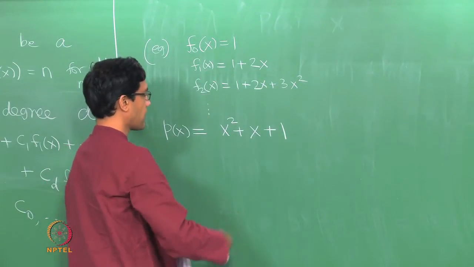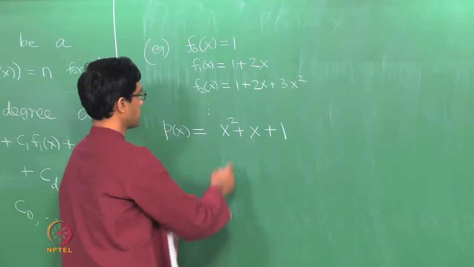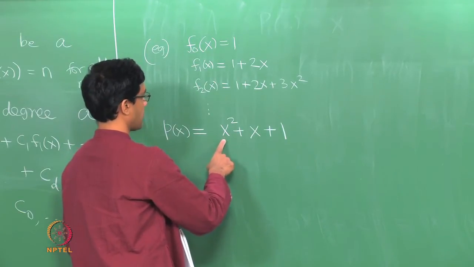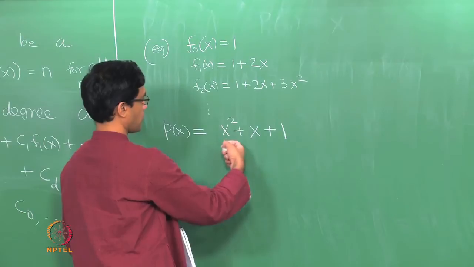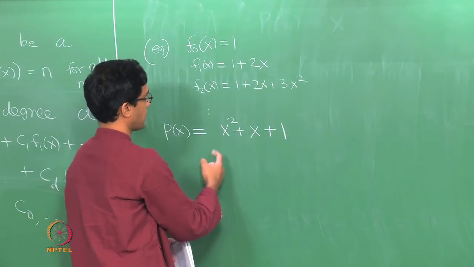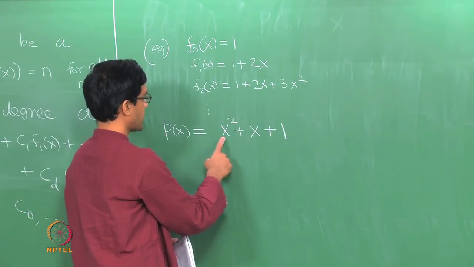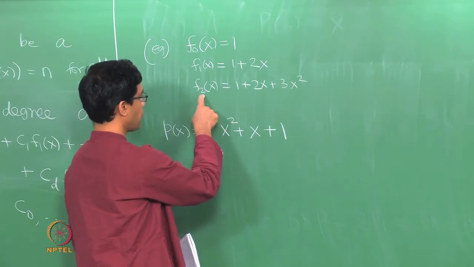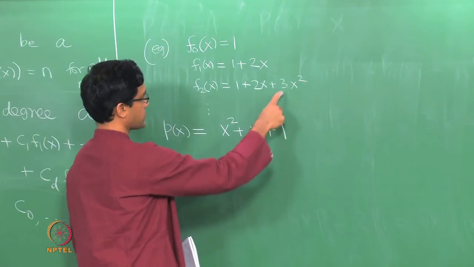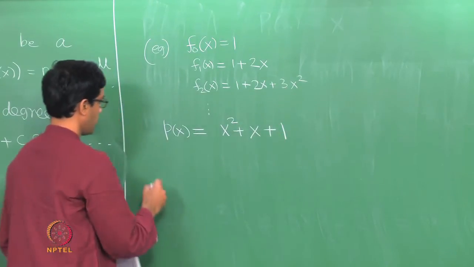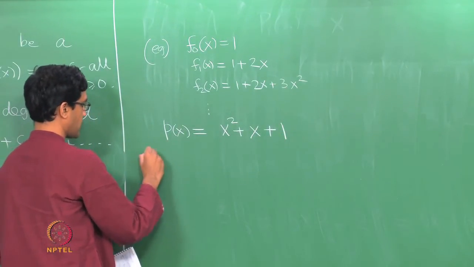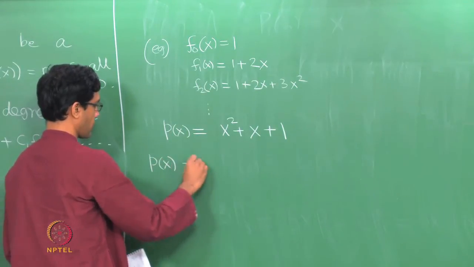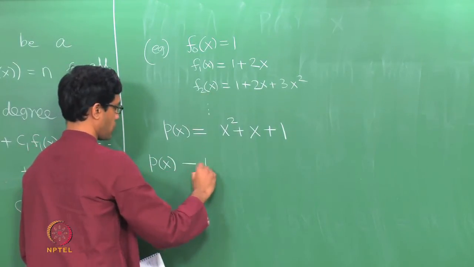So there is a very simple algorithm which tells you how to do this. So here is the idea. So observe that, we try and match coefficient by coefficient starting from the largest. So p of x has coefficient of x squared to be a 1, whereas f2 of x, which is the degree 2 guy, has coefficient 3. Okay. So here is what we will do. From p of x, let us subtract out 1/3 of f2.